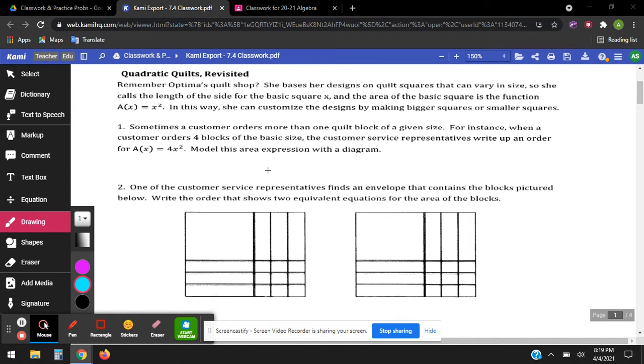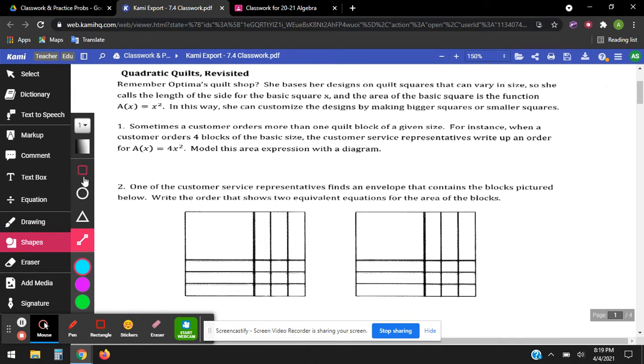So, number one, sometimes a customer orders more than one quilt block of a given size. For instance, when a customer orders 4 blocks of that basic size, the representative writes up an order for a of x equals 4x squared. Model this expression with a diagram. So what this looks like